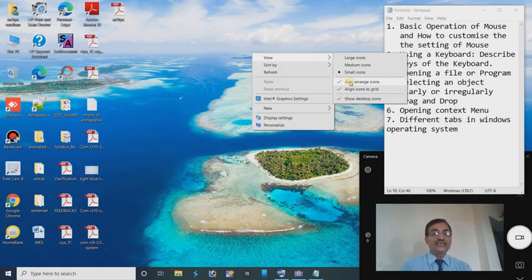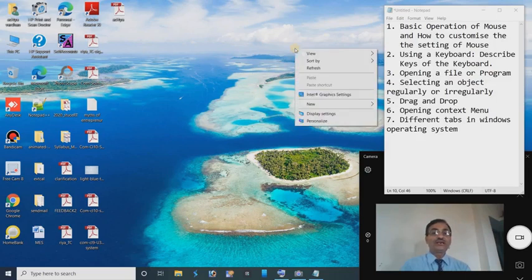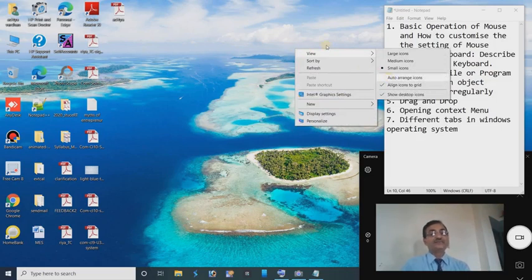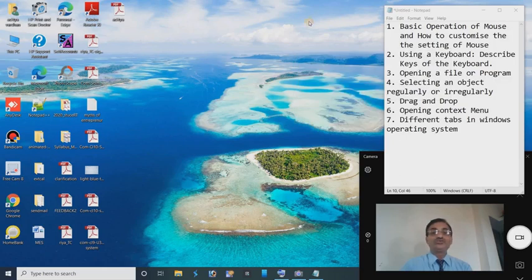After clicking, you will see, because I have already told you this one is a toggle option. Toggle option means once clicked it will be selected, and clicking again will deselect it. So here we click, and now you will see it has been unchecked. What will be the practical effect of this option?